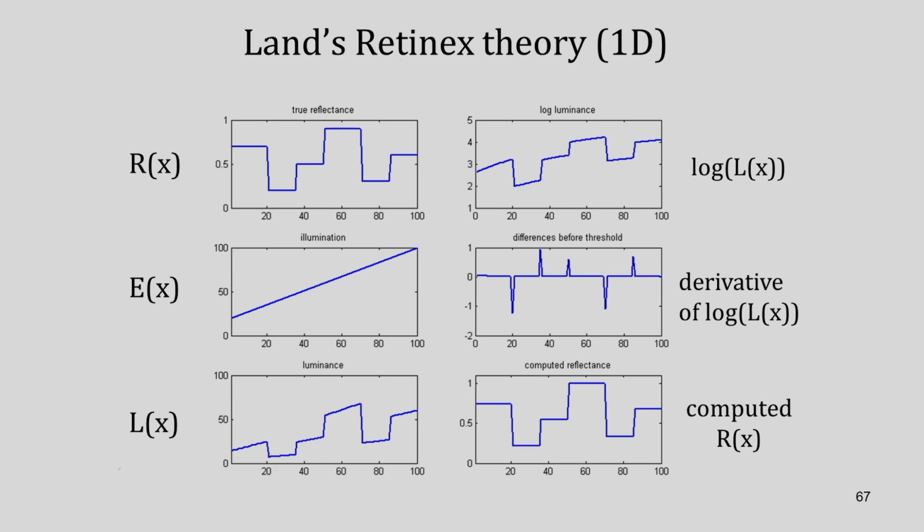In this case, I am showing one example. Suppose the true reflectance I am showing here, this is the profile of the true reflectance, and I am considering the illumination. The illumination is something like this, the profile. If I multiply R(x) into E(x), then I will be getting L(x). So this is L(x) I am getting. Now if I take the log of L(x), then I will be getting this one, the log of L(x). And from this, if I take the derivative of log L(x), then I will be getting this one. After this, if I take the integration of this, then I will be getting this one. That means I can compute the reflectance.